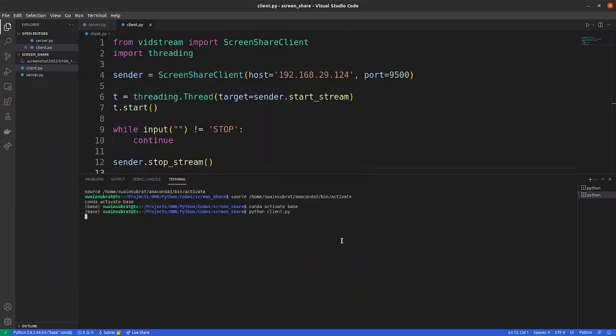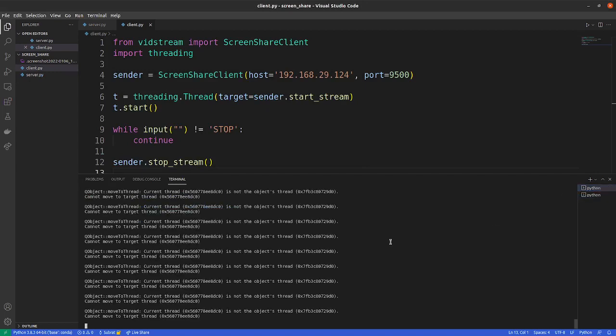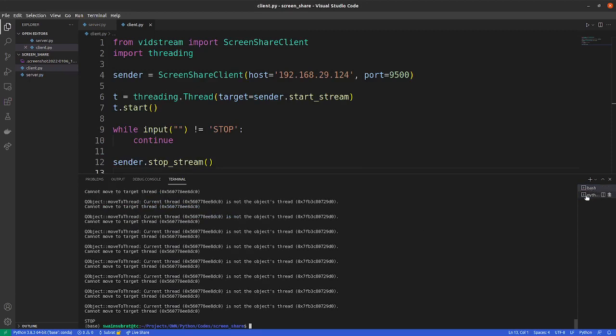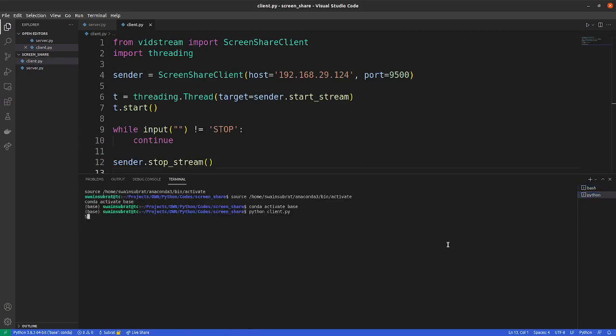So I can stop the client and server. I can just go and write stop, and it will be stopped, and I can go to the client and write stop, and it will stop. As you can see, the streaming server is now gone, and you can restart it whenever you like.